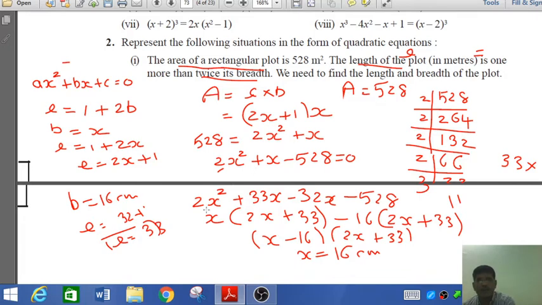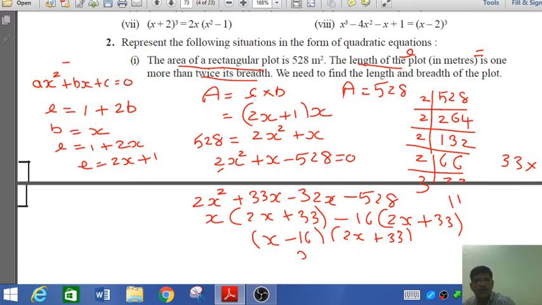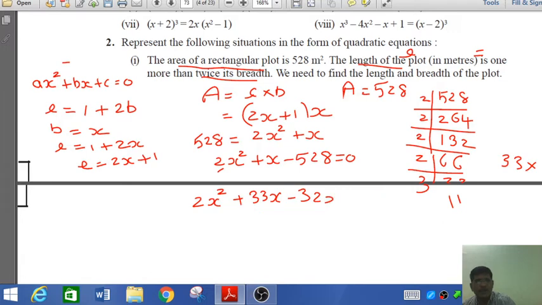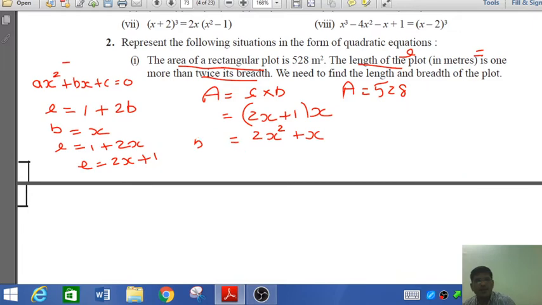Now make a factor; I will make a prime factorization here and then make pairs. Sometimes they ask that you make only the equation, then you can make only the equation. But sometimes they ask you to find the solution, then you have to do it. So now the next question I want to explain. Again it is one type of equation, and we have to convert everything into an equation and then solve it.